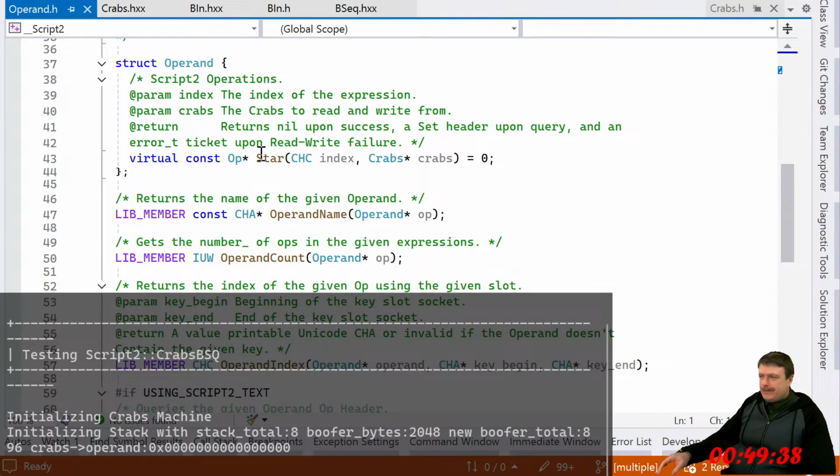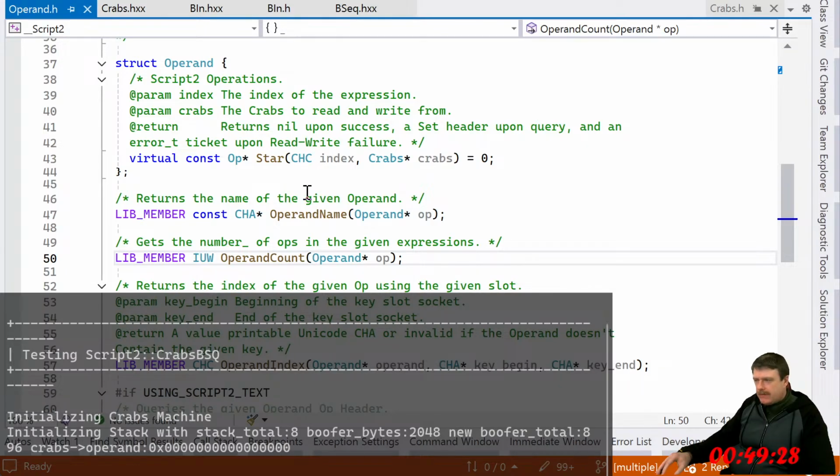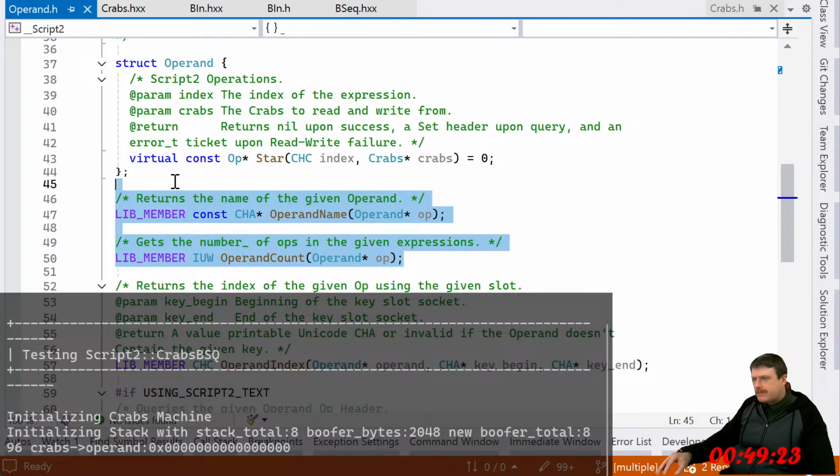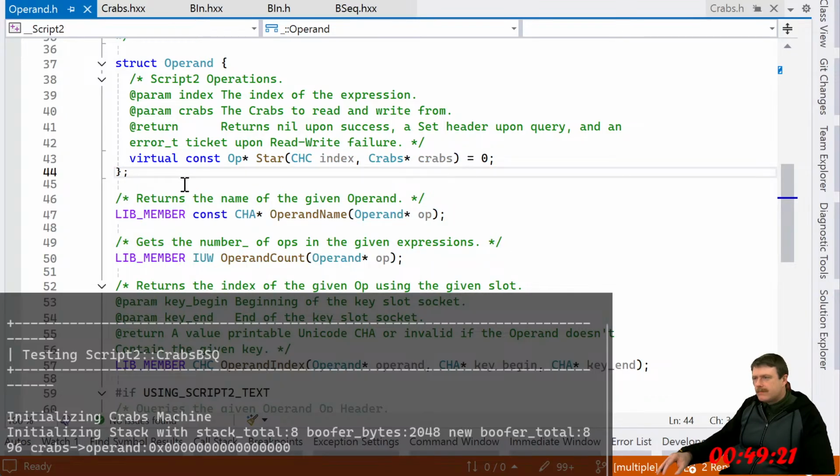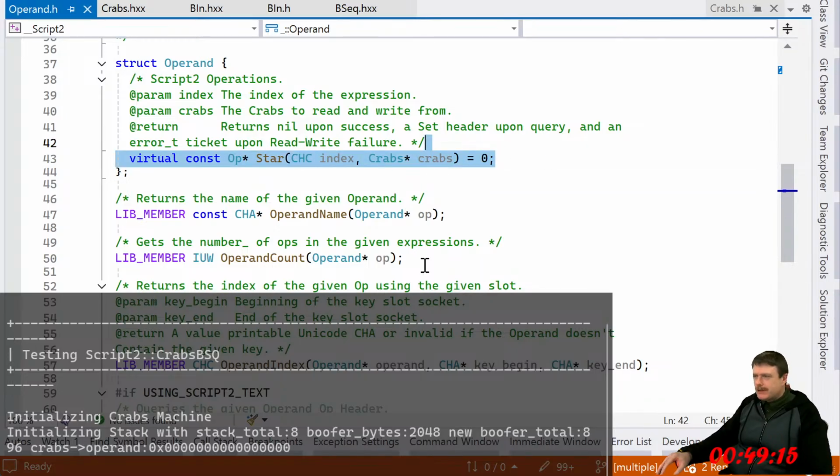That's the, is this the abstract interface? All right, so this is the interface. All right. Do I really want this? Returns the name of the given operand. Do I want this? Oh, wait, sorry, I thought that wasn't here. I thought there was only one function in there. All right.